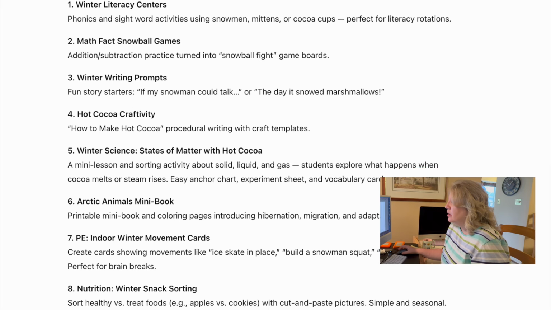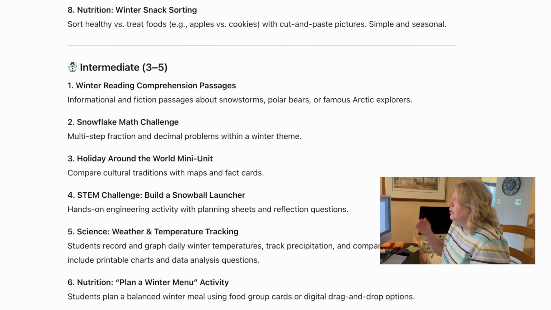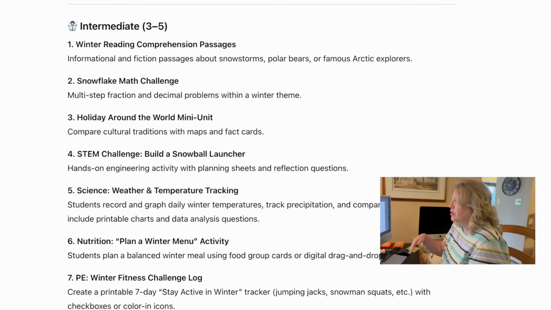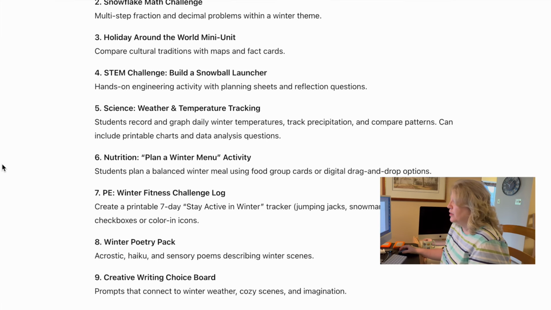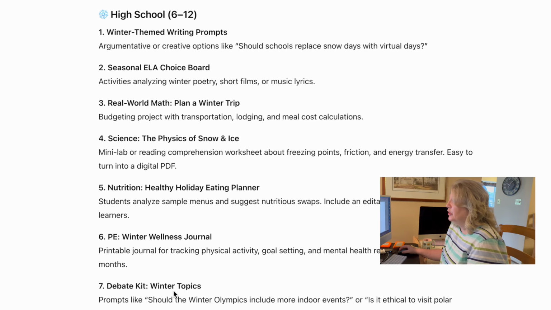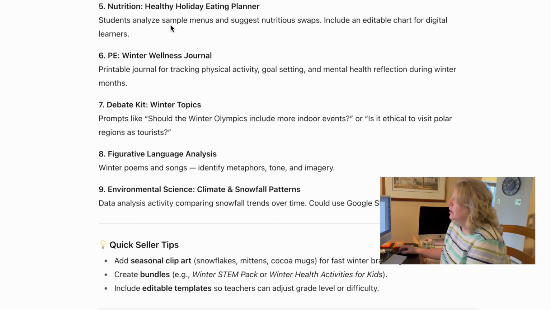Then they gave me almost 10 for intermediate: comprehension, snowflake math challenge, snow holidays around the world, STEM challenges, build a snowball launcher. That sounds really fun. Winter and temperature tracking, plan a menu, winter fitness, winter poetry, creative writing. And then for high school, again, writing prompts, ELA choice board, real world math, science, the physics of snow and ice. That sounds cool. Healthy eating planner for holidays, winter wellness journal, winter topics, figurative language analysis, climate and snowfall